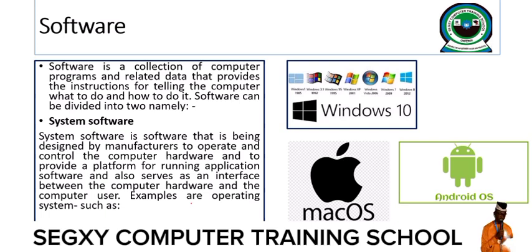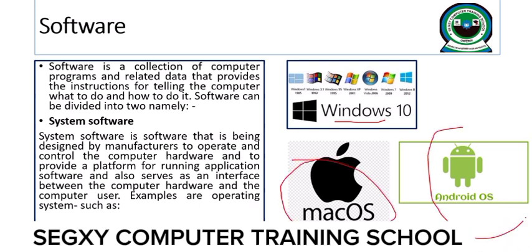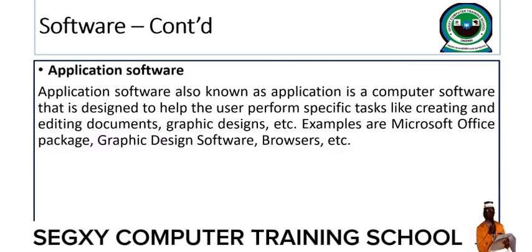So the system software, all the Windows operating systems, Windows 10, Windows 11, they are referred to as system software. macOS, they are all system software called operating system. They are the baseline. Without them on any system, you can't use the system. The system is useless without the system software. Then from there, we now talk about